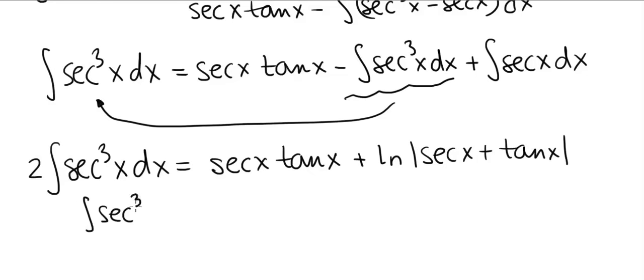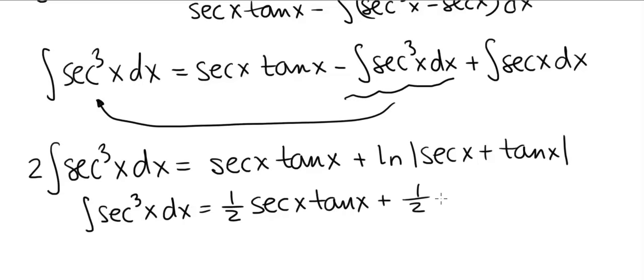The integral of secant cubed x is 1/2 times secant x times tangent x plus 1/2 ln absolute value secant x plus tan x, and then we can add a C at the end, and that's the answer for